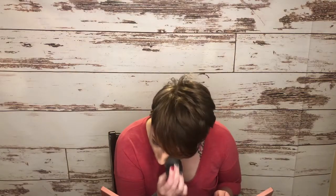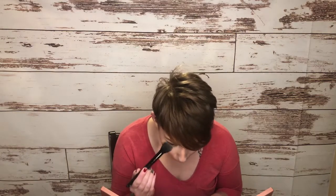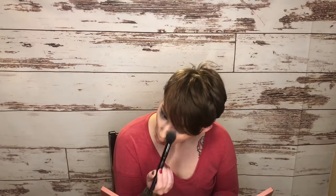All right. So now that the eyes are done, I'm actually going to take a little bit of this Tarte and a little bit of the Amazonian powder and just sweep that underneath, just to get rid of any creasing. And literally just did it right here under the eyes and down my smile lines where I tend to get